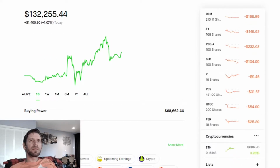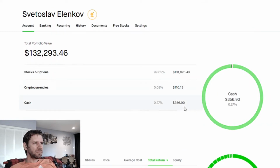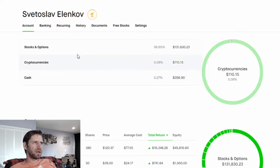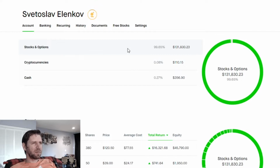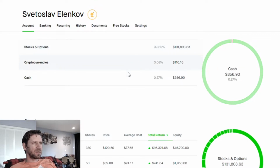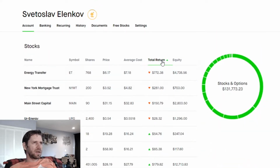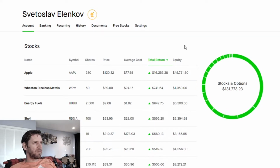So this is the account tab real quick if you're interested. I have no margin anymore, so I've cleared out all my margins because the oil stocks went up and I sold. My options ended up executing, and a lot of them, the positions were sold. Here is the account by total return